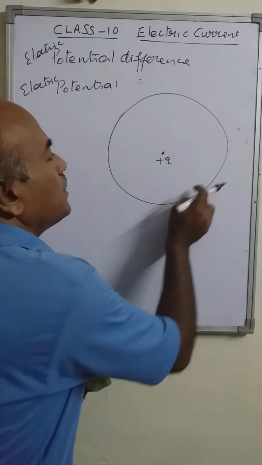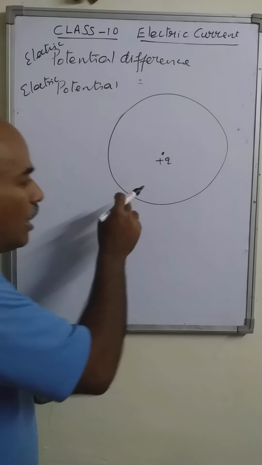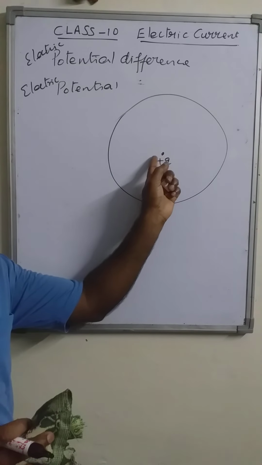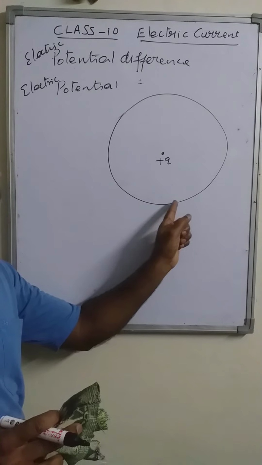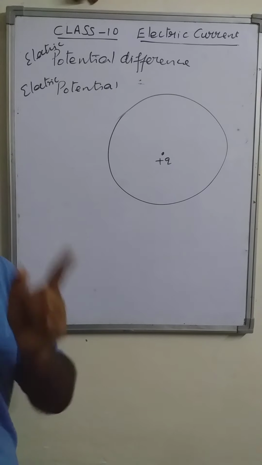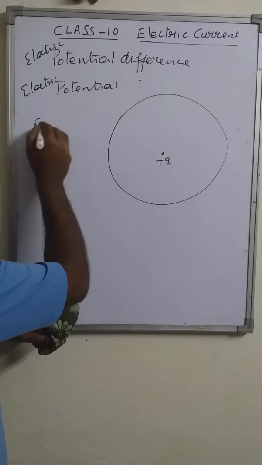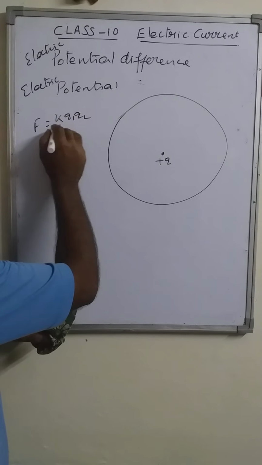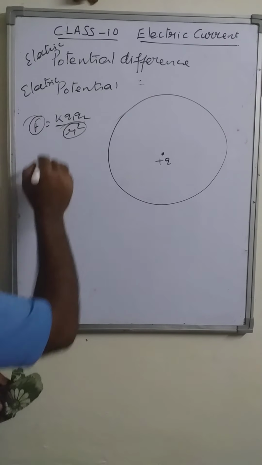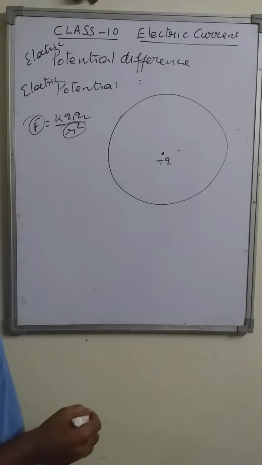And this is the boundary line. Up to this line, we have the influence of this charge. Means as this boundary line is reached, the influence of this charge becomes zero. I told a law, that is Coulomb's law. In Coulomb's law, F equals K Q1 Q2 over R square. In this, F is inversely proportional to the square of the distance. Means if we put any charge nearer to it, and